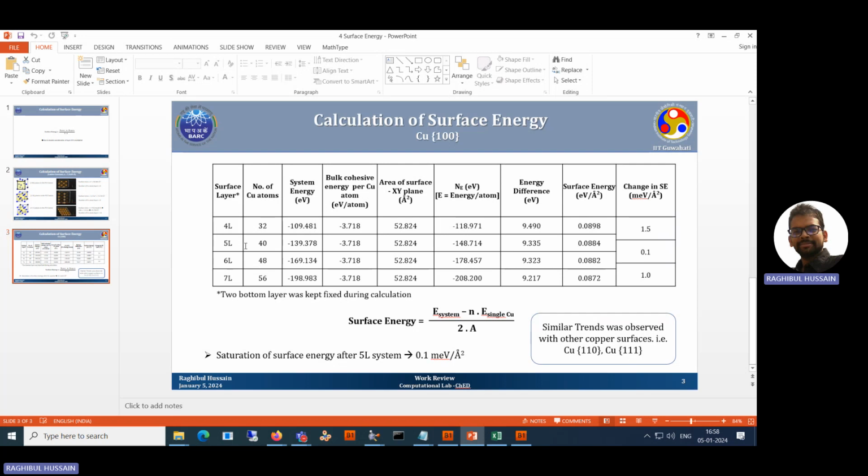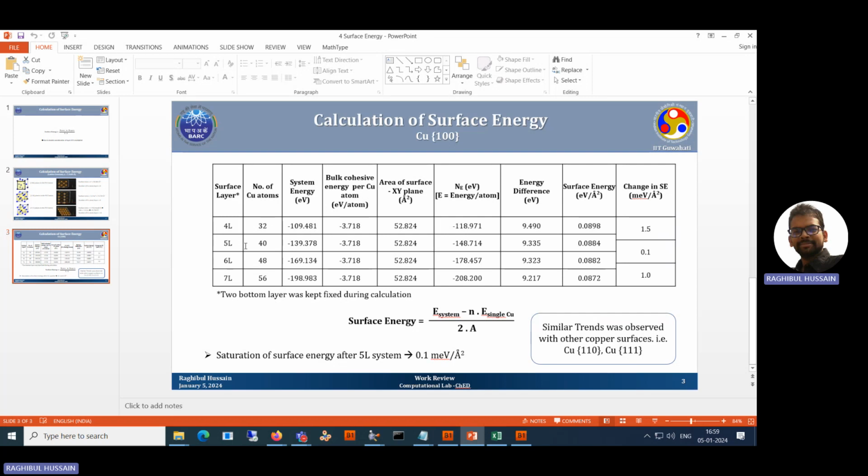If you take more layers, your calculation time will again increase. So if the energy difference between two layers is very small, as between 5 and 6 layers here, with only 0.1 milli electron volt difference,